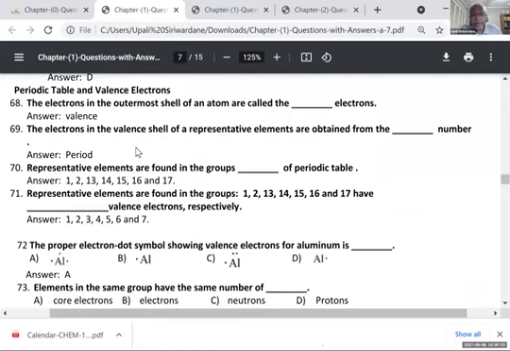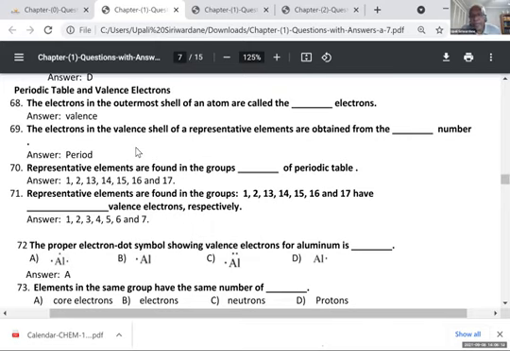Valence electrons are the outermost electrons in shells. The shells are the periods in the periodic table. Then electrons go to different places, different shells. 69. Electrons in the valence shell of representative elements are the number of